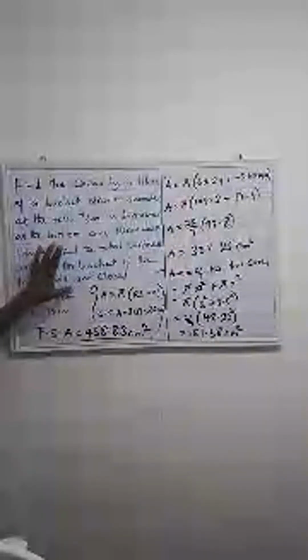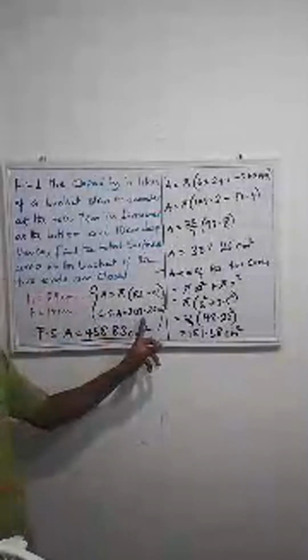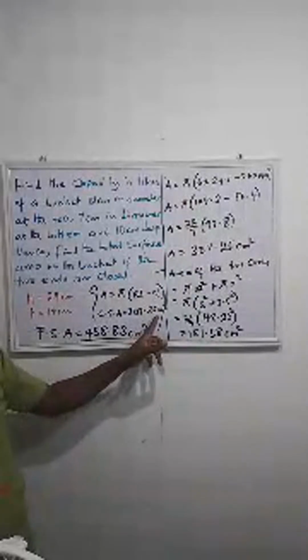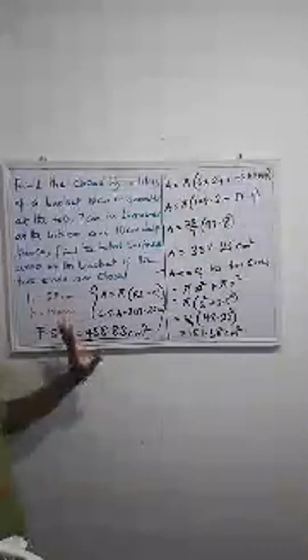Right. So what we did now is we find the total surface area of the bucket when the bucket is closed. So the first thing we did was to calculate the curved surface area, and then we have the answer to be 307.25 centimeters square. Okay, and the next thing is to